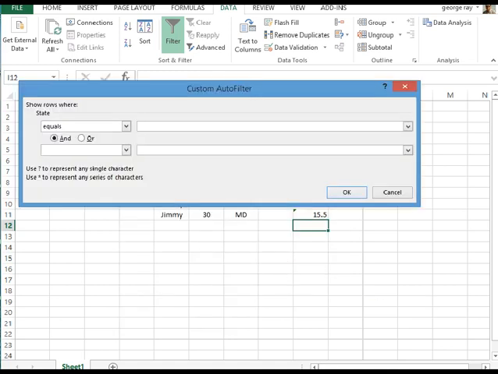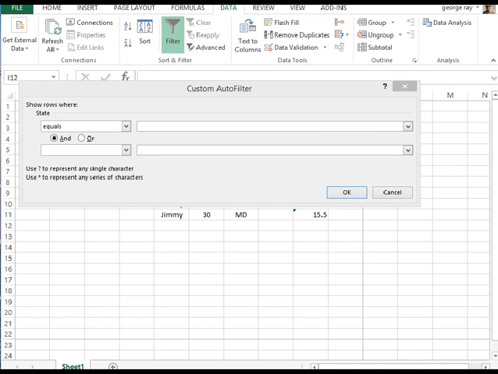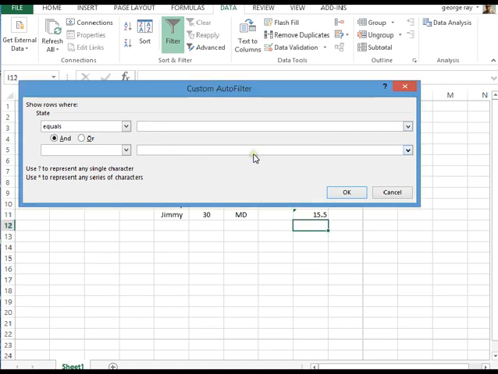That brings up our custom filter dialog box, and in that we're going to say where state equals West Virginia